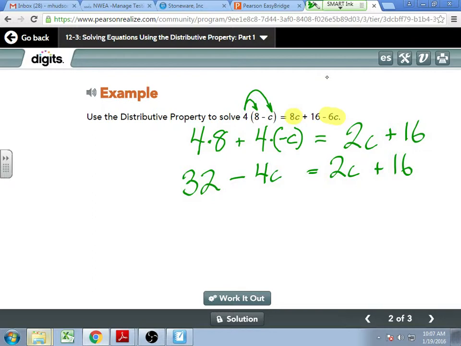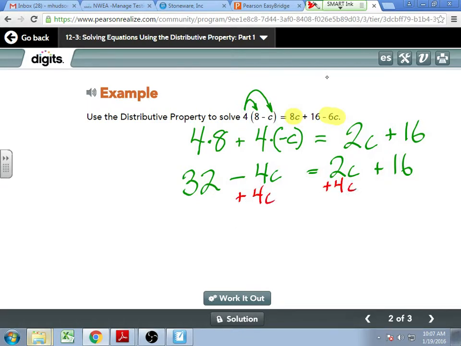Nate, what would you choose? The right. Because it has a higher value. Yeah, technically, it's got a more positive value. So I decide to group my variables on my right side because to undo this subtraction, I add 4C on